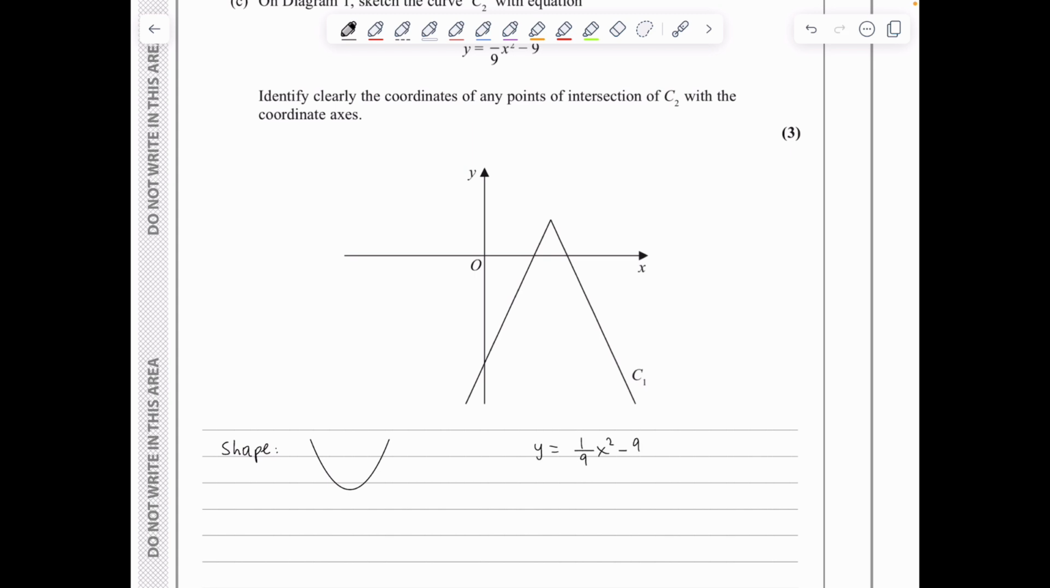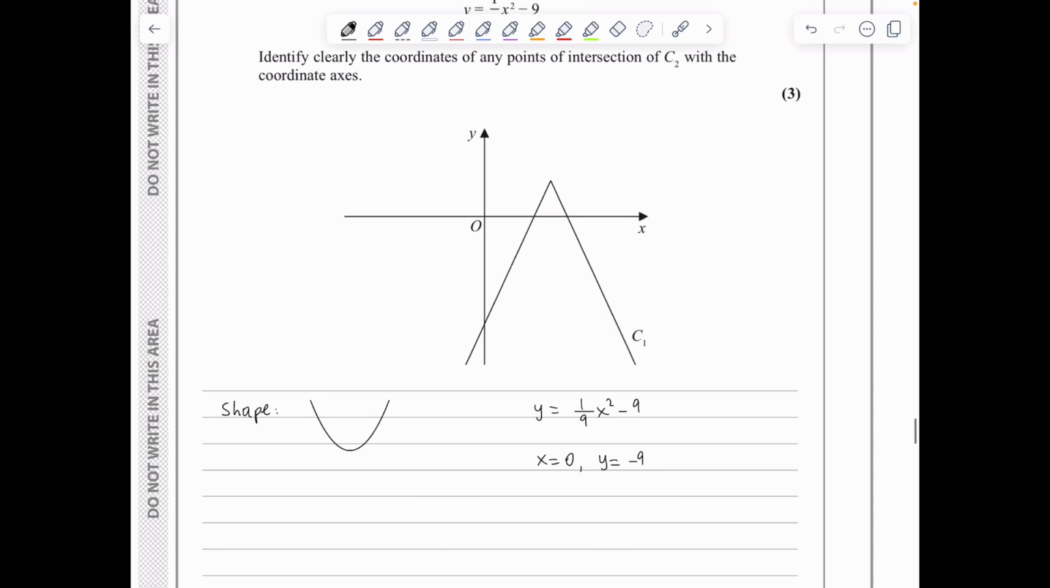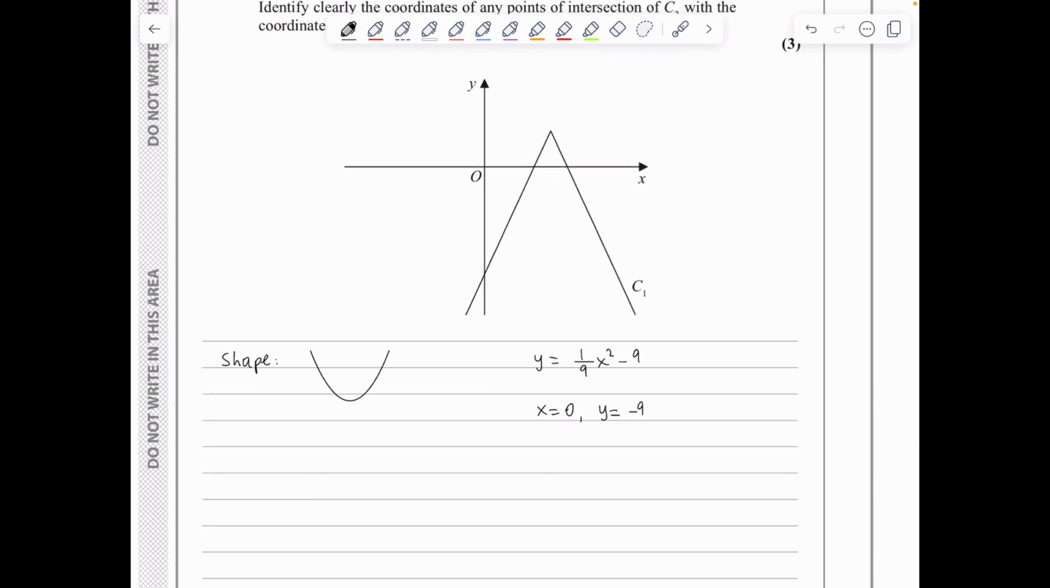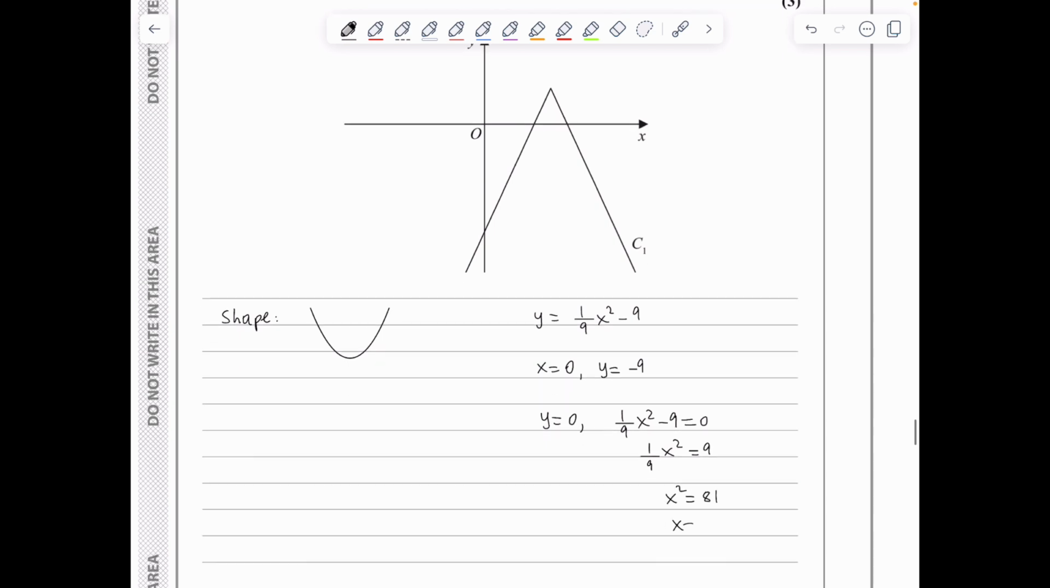I will start with the cut on the y-axis. So when x is 0, we can see that y is -9. And I will proceed with the cut on the x-axis. So I'm putting y is 0, which means that 1 over 9 x squared minus 9 is 0. Which leads to 1 over 9 x squared is 9, and therefore we've got that x squared is 81, and therefore the cuts are at plus or minus 9,